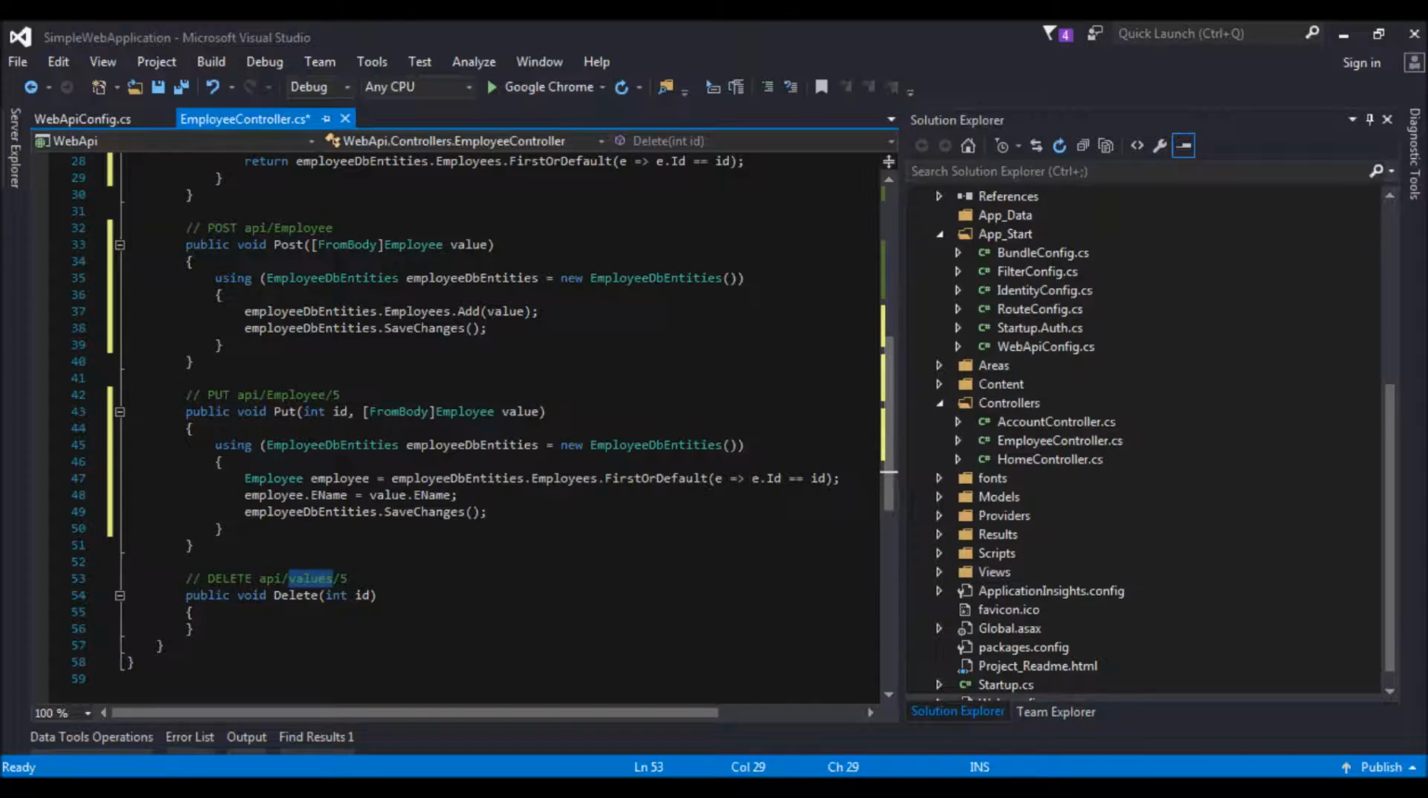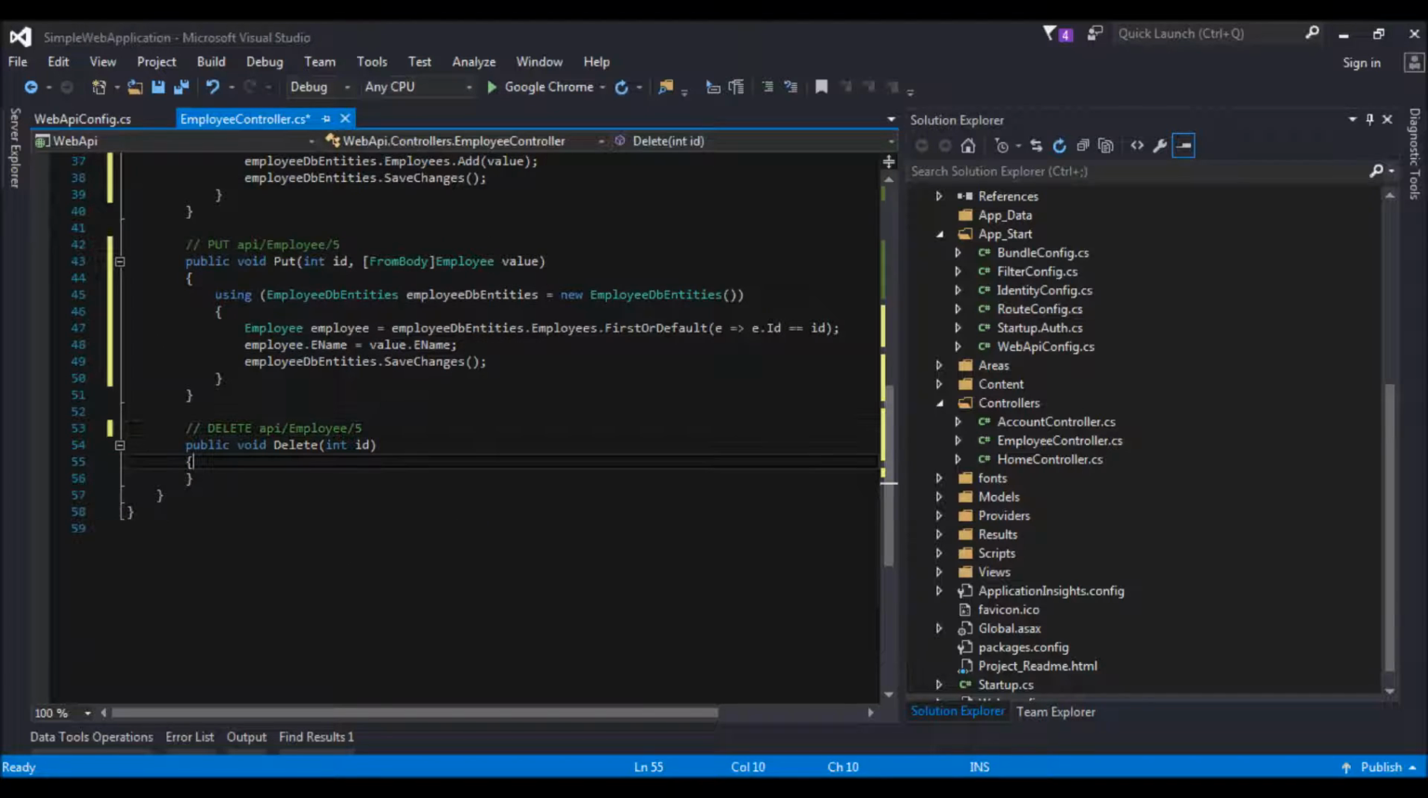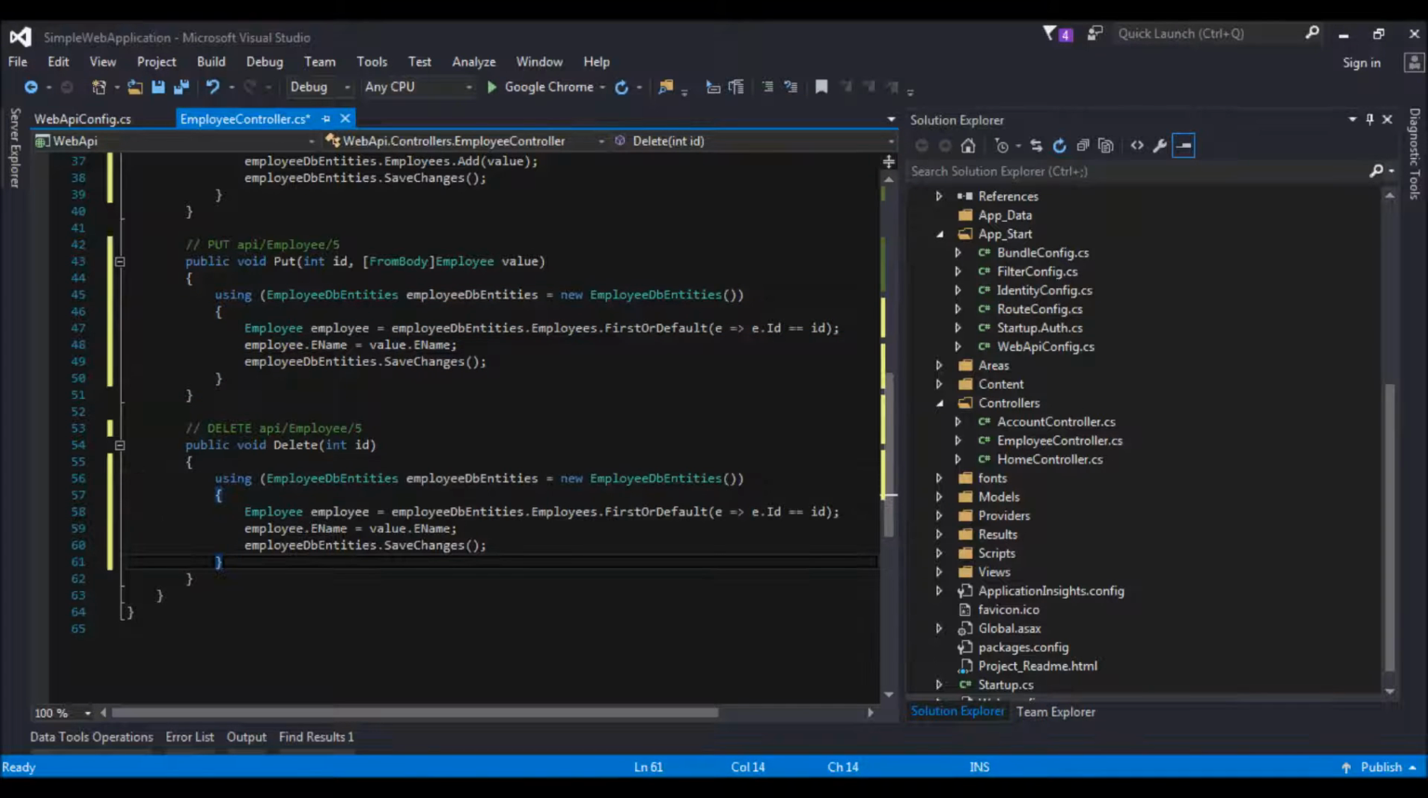And now let us go to the delete method. As the name specifies, we just need to pass on the id of the employee which needs to be deleted, and then it would delete the employee. So this delete is also a two-step process. First search for the employee which has the id which is being passed,